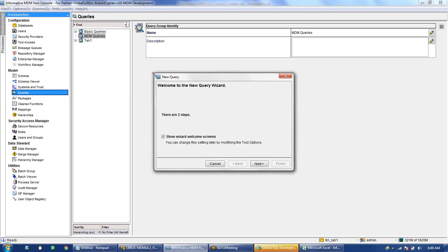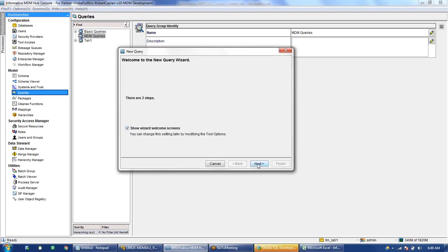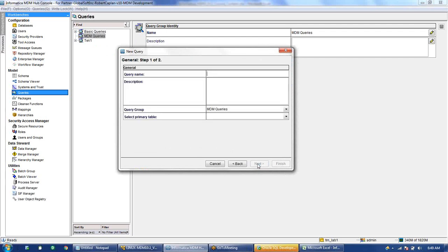If you click on this, it is just a wizard screen where we just need to select some options. The first thing here is a query name. For example, you can say query customer. And the query group name, under which query group I want to store my queries, and selecting the primary